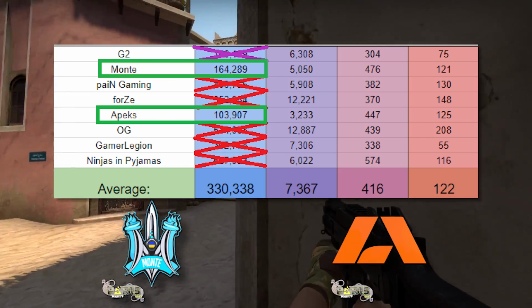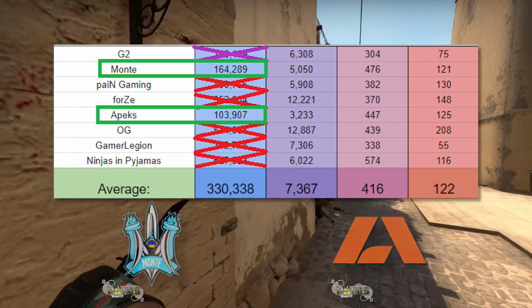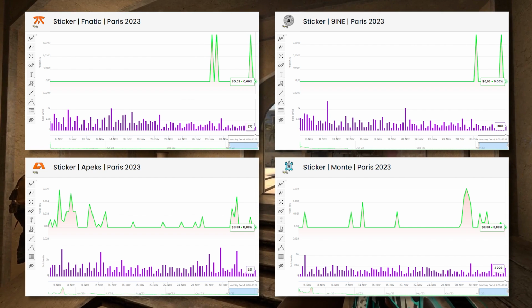Monty has about half of the average listings out there, and Apex has less than a third of the average listings for this capsule, which is quite interesting. So which Paris paper sticker should you go ahead and invest into? I would say if you're going to invest into any Paris paper stickers, it would probably be either Monty, Apex,